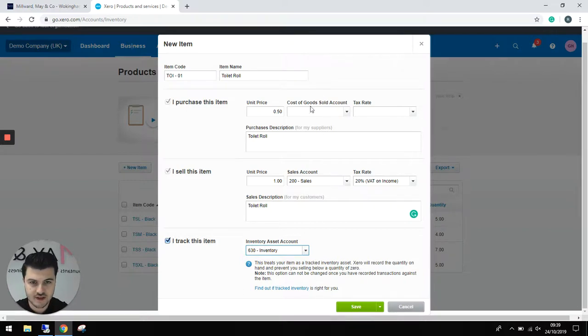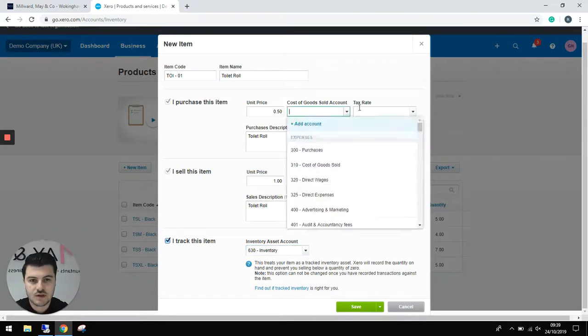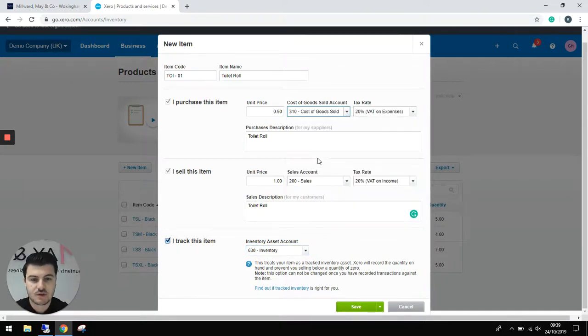You'll notice this is now updated to what is called the cost of goods sold account. And what we want to do is select the obvious option, cost of goods sold. Now what this will do is when an item is sold, it will automatically adjust the Xero figures to show the correct cost in relation to that sale. So what we'll do here is click save,